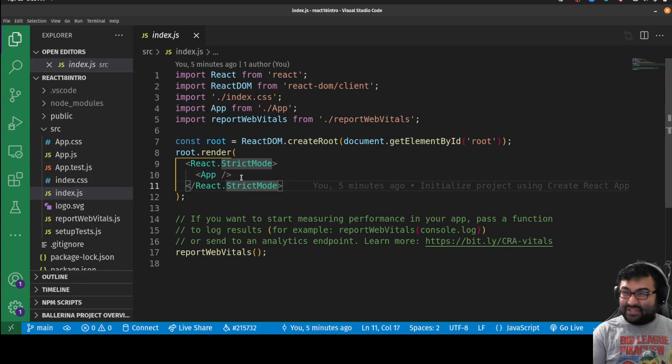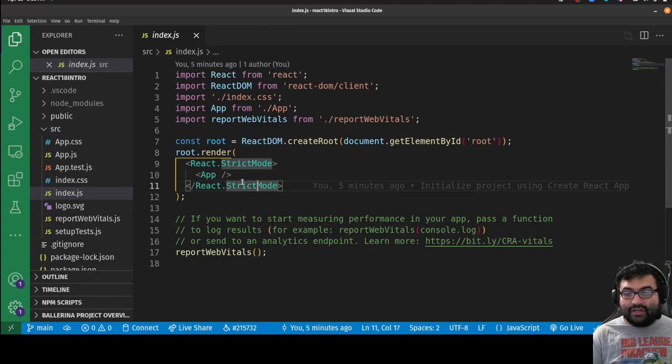They look like HTML tags. This is actually not HTML. It's a special way of writing your UI that looks like HTML, called JSX, JavaScript XML. Really, all it is is a way to avoid writing the actual underlying code, which is JavaScript. If you had to write that, no one would use React. So they give you this nice HTML-like syntax called JSX, and then under